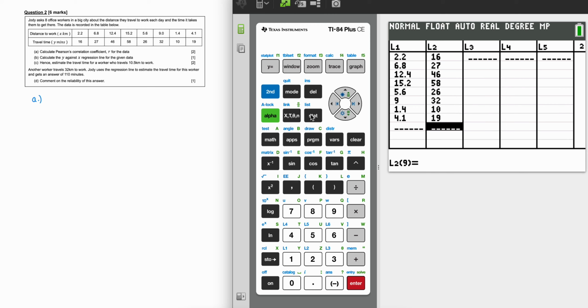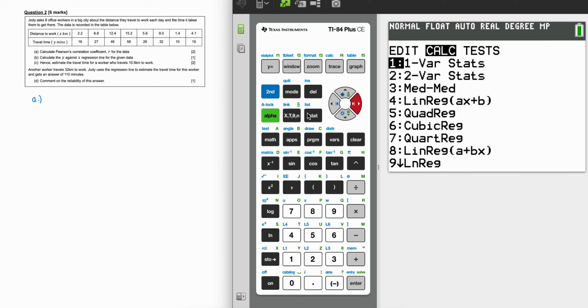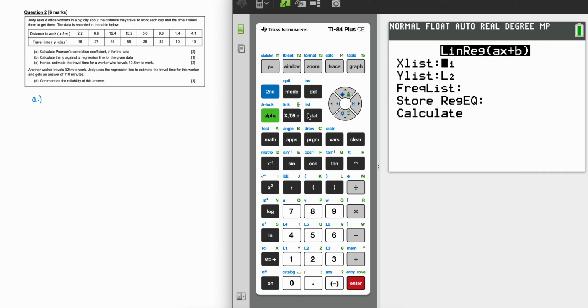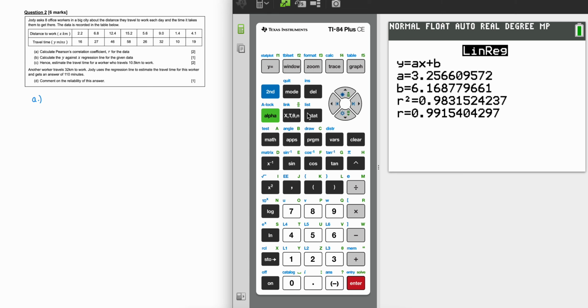So I have my 2 pieces of data in, and now that I've done that, I can go to statistics, and then I'm going to go across to calculations and linear regression. I'm just going to click enter there, or calculate, and I can see I've got my R value, which is 0.99154. So I'm just going to write this in,